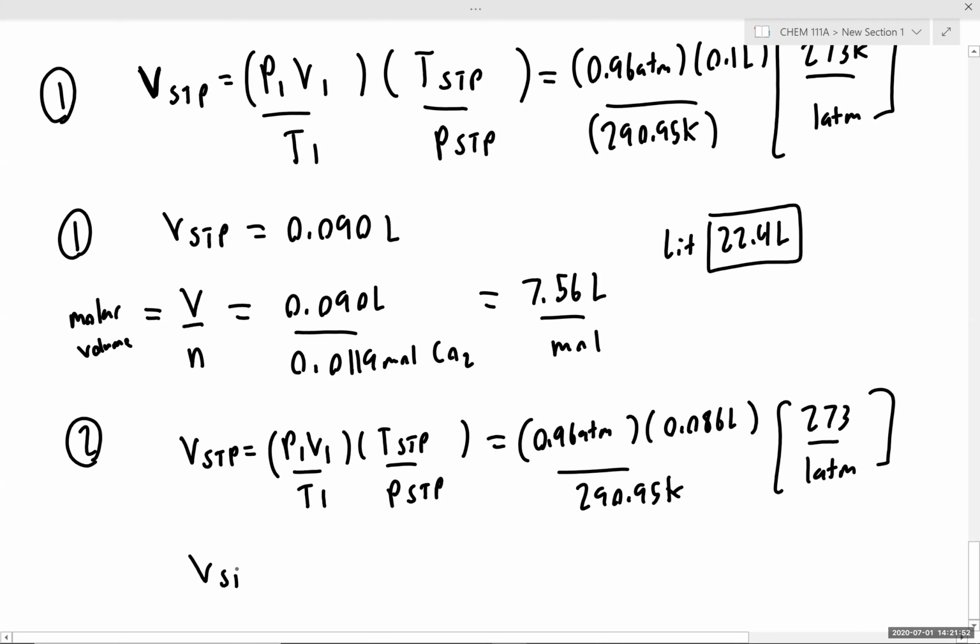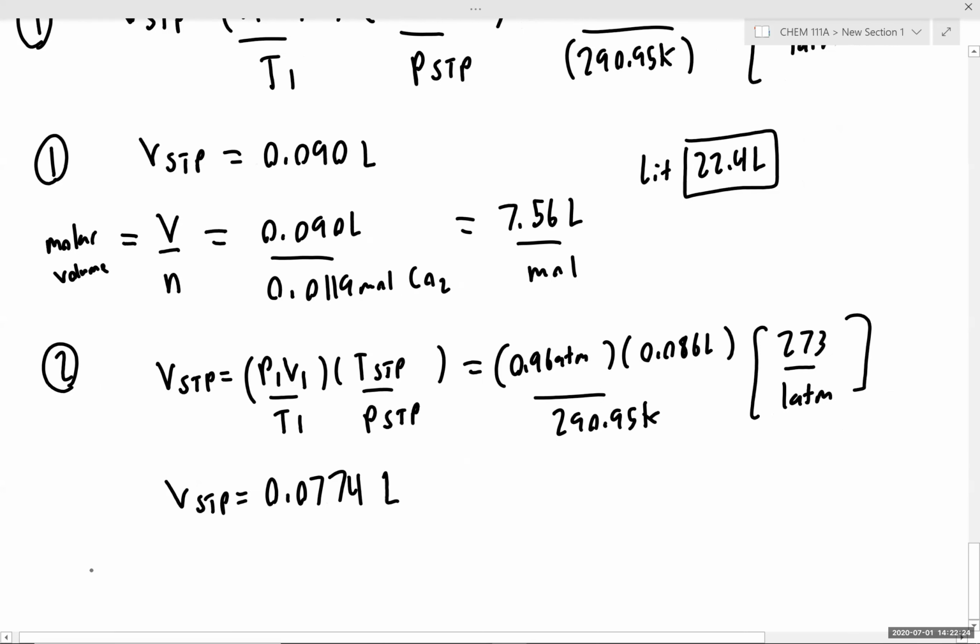And that in turn gives us a volume at STP of 0.0774